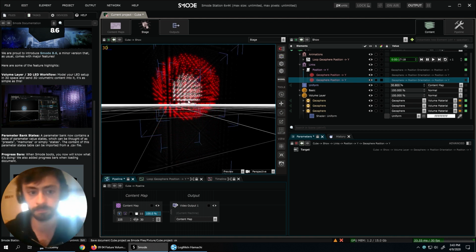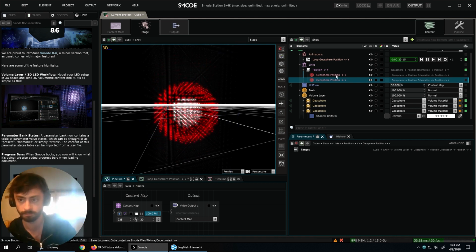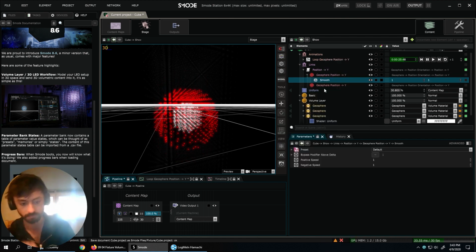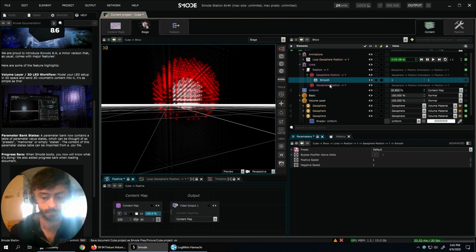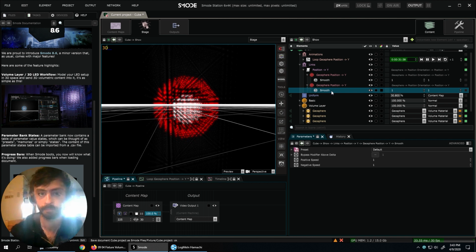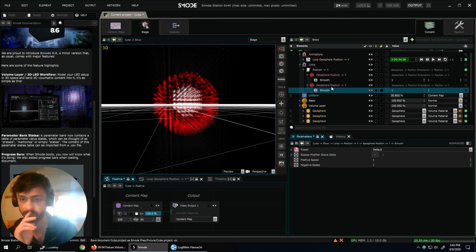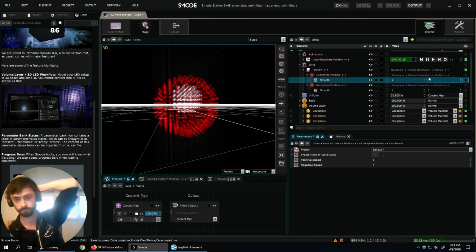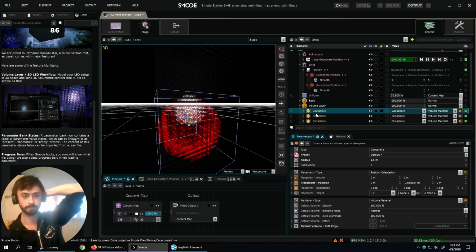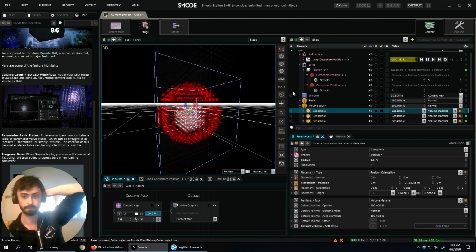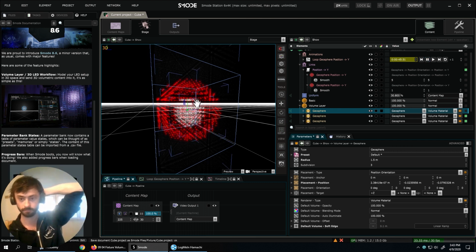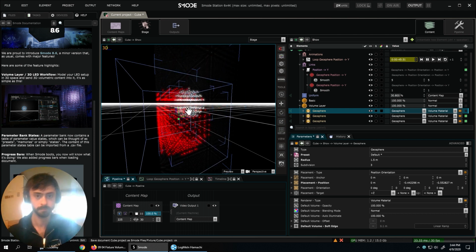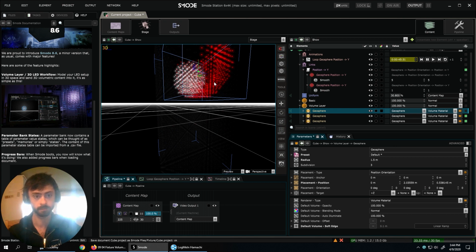Okay, so now I have my three spheres following each other, but I want some delay, so what I will add is a smooth modifier on it. As you can see, it's already making some effect, the sphere following a little bit after. And now I decay each sphere following after. So let's pause this, and we can animate as we want the sphere in the space. And so that's it.